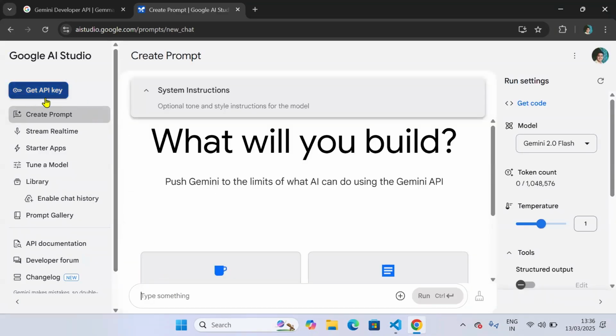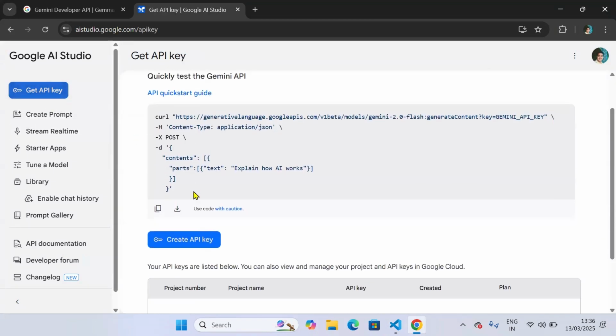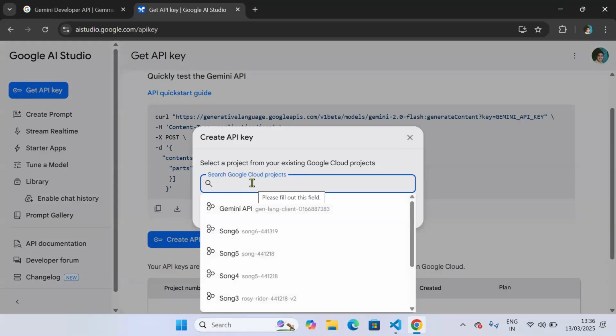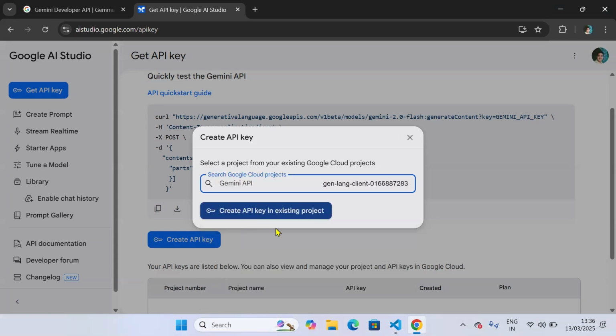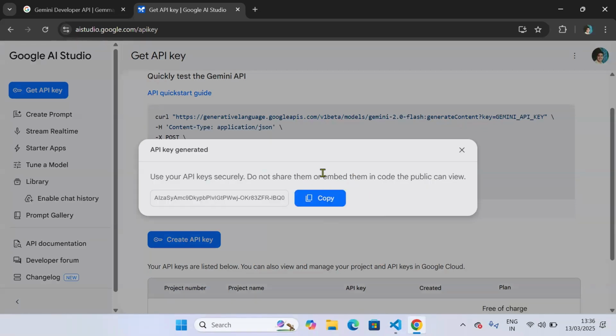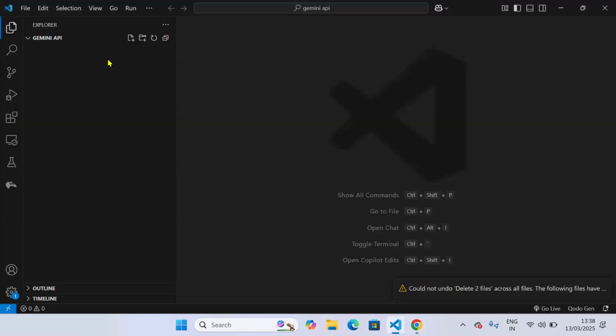On the left side, you will see get API key. Click on that and click on create API key. So I'll choose the project Gemini API and create API key in the existing project. It will generate the API key. Once generated, you can copy this API key and I'll go to my VS Code and create a file Gemini